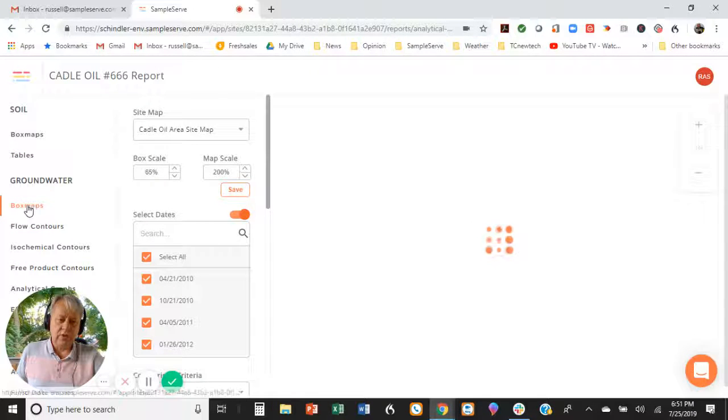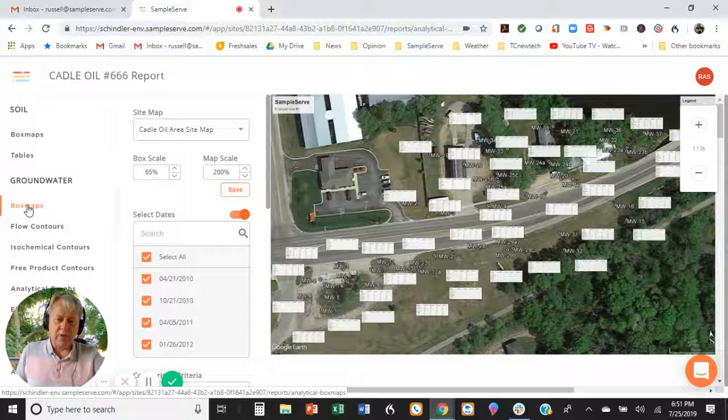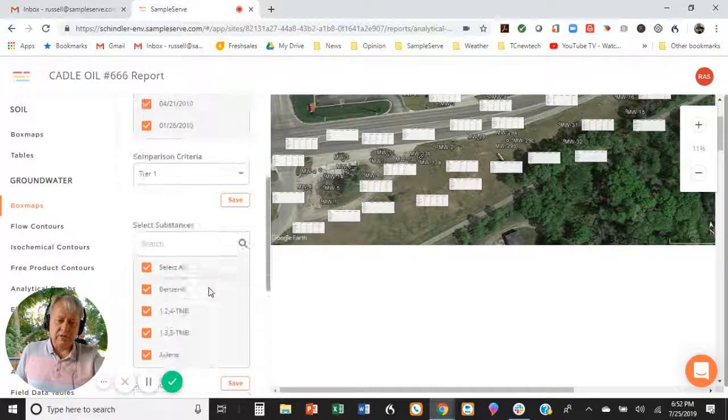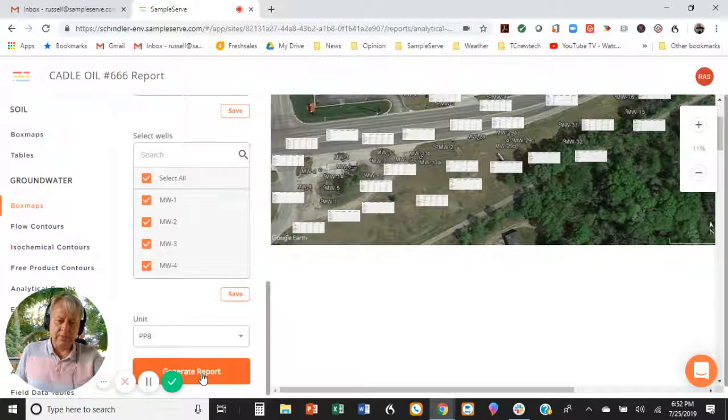So I'm going to show you the first one, which is a box map. That's going to be the default image that pops up first thing when you go to reports, groundwater box maps. And so you can see here all the different boxes showing the data. If I want to actually just generate a report right away, I come down here to the bottom and hit generate report,